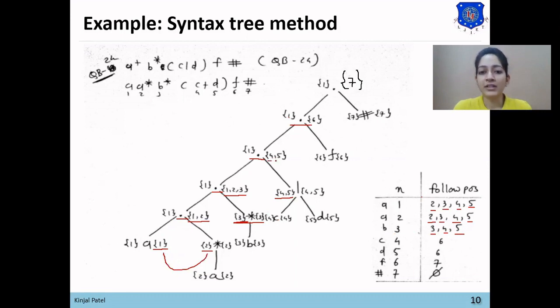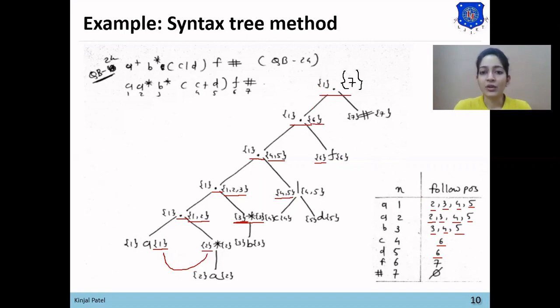Now we'll apply the rule on fourth dot. The first child of fourth dot is 4, 5 and second child of this dot is 6. So in the follow position of 4 and 5, 6 will be added. So in the follow position of 4, 6 will be added, and in the follow position of 5, 6 will be added. Now the last dot.